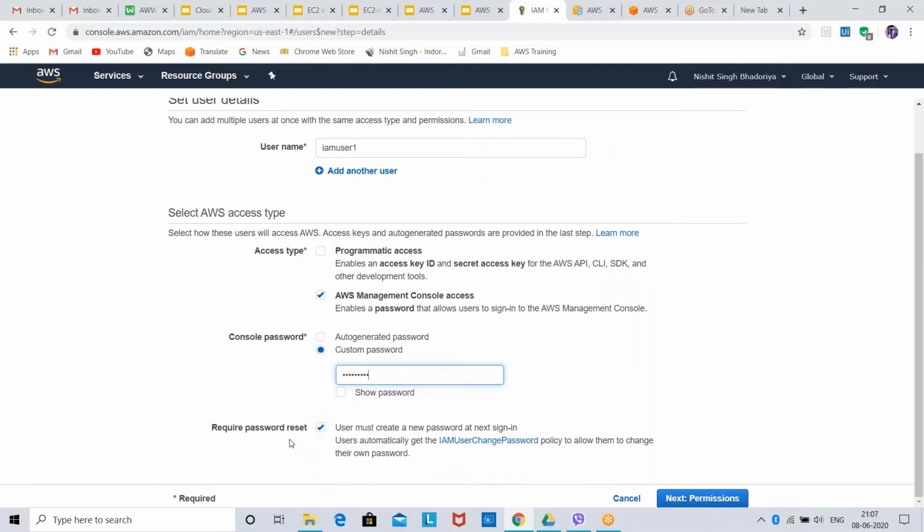Now comes one more important thing: require password reset. If you have created your own custom password, or you have clicked on auto generated password, and you want to change the password after first login. For example, if you are creating a bank account and the bank provides you an ATM card, the bank provides it with some default ATM pin.